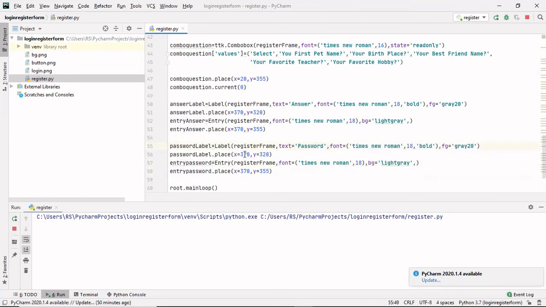So password label will be placed from x-axis at a distance of 20. Okay, and from y it will be at a distance of 440. Okay, similarly this entry field from x-axis at a distance of 20 and from y-axis at a distance of 475. Okay, now if I run this,